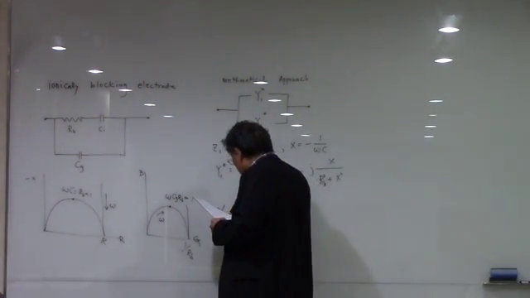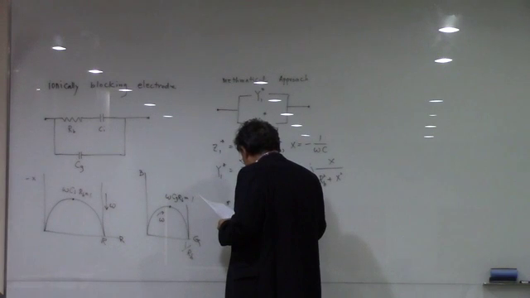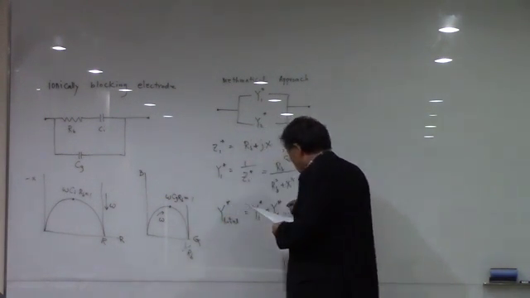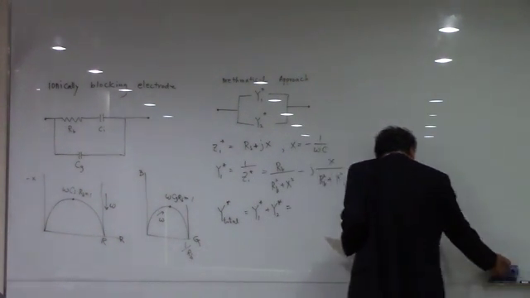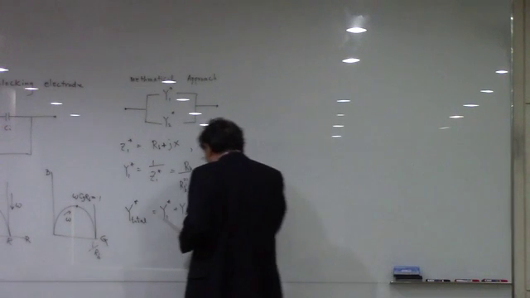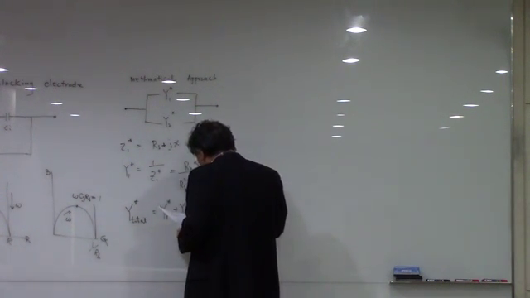Then the y total is y1 star plus y2 star, and Rb over